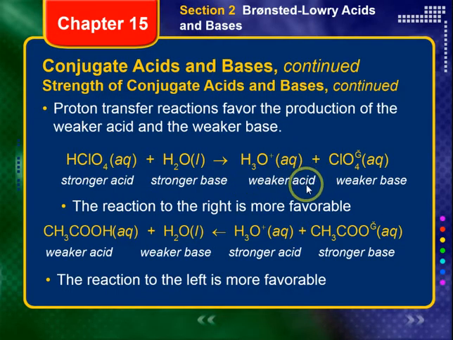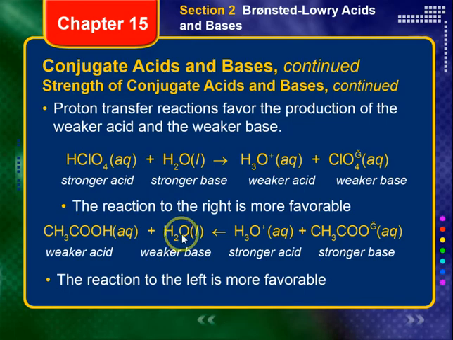This slide, what I want you to take away is, wherever the weak conjugate acids and the weak conjugate bases are, that's the direction that the reaction will want to progress. So in this first case, since the weaker acids and bases are on the right side, the reaction to the right is more thermodynamically favorable, which you don't really know what that means yet, but in the future you will. Whereas this second equation down here, over here on the right, these are actually the stronger acids and bases, at least compared to